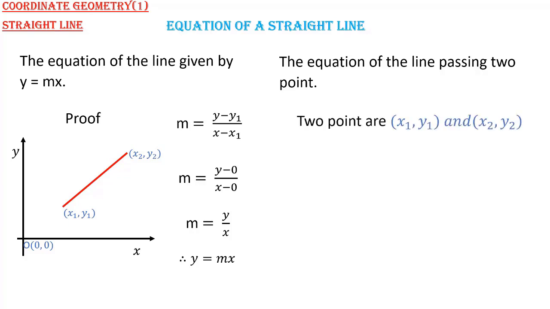There are 2 points, (x1, y1) and (x2, y2). These are gradients, like the way we did it. Therefore, this is our equation of a line: y2 minus y1 is the gradient